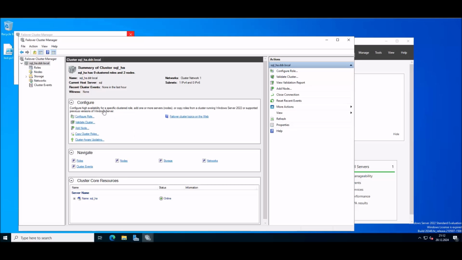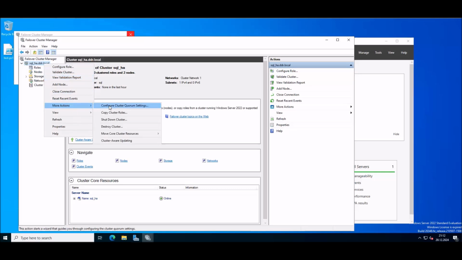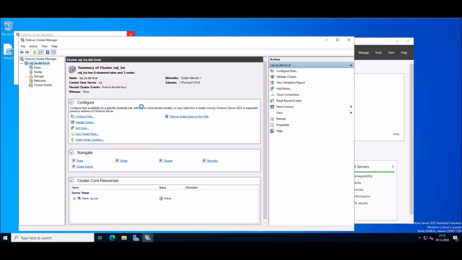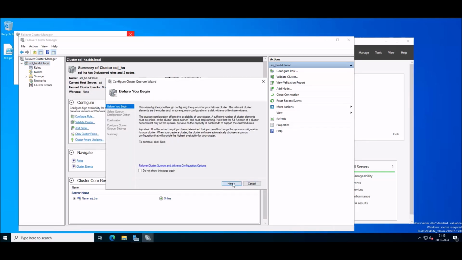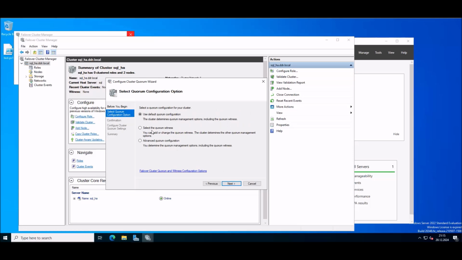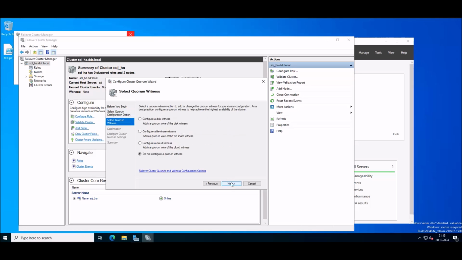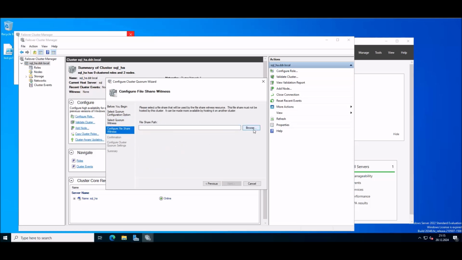After all of this, we can go here and we can actually configure cluster, go more actions and configure cluster quorum settings. Okay, so we're gonna select a quorum witness, and here we're gonna configure a file share witness, because that's why we actually created the SMB file share. I'm gonna browse